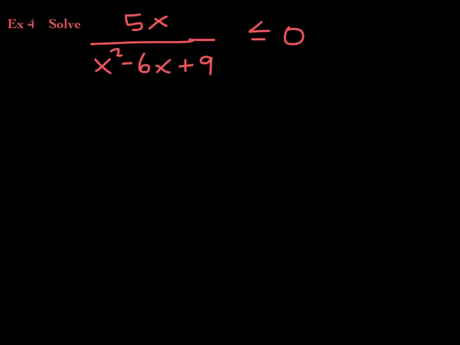All right, here's our brand new example. When is this rational expression less than or equal to 0? Let's be very clear. They're asking you, when is the graph of this rational expression below the x-axis? All right, very good. So, in order to answer that question,